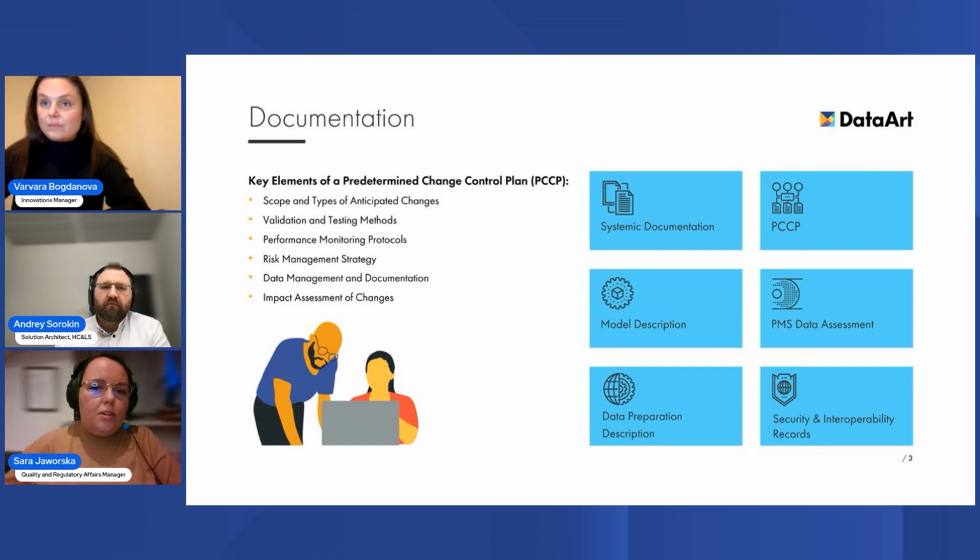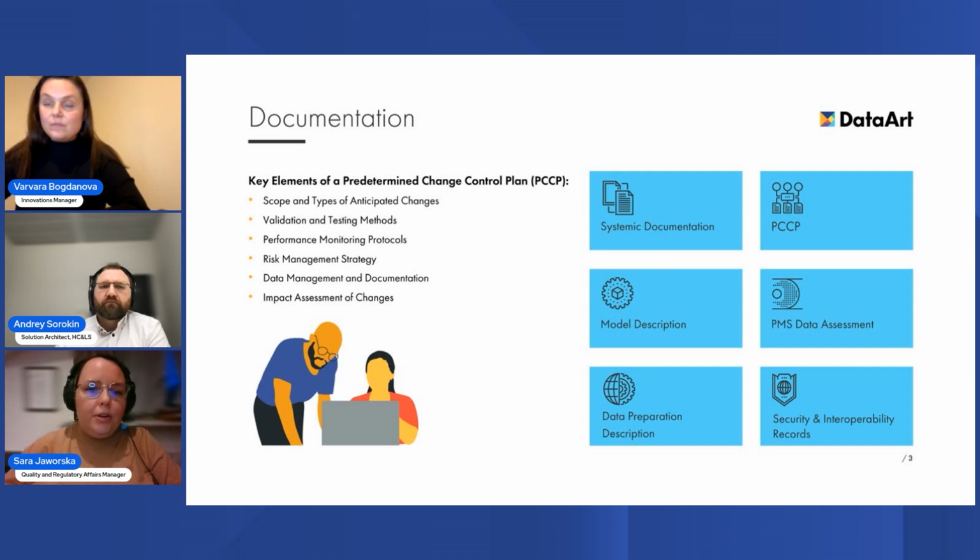Well, as always, when talking about medical devices, we need to consider two aspects. The first one is product requirements, and the second one is systemic requirements. And when talking about the product, there is a bunch of documents to generate. The starting point should be drafting the intended use of the medical device. That will define what needs to be validated, how reliable the model must be, and in what clinical context it will be applied. Once this is clear, companies can structure their verification, validation, and risk management plans.